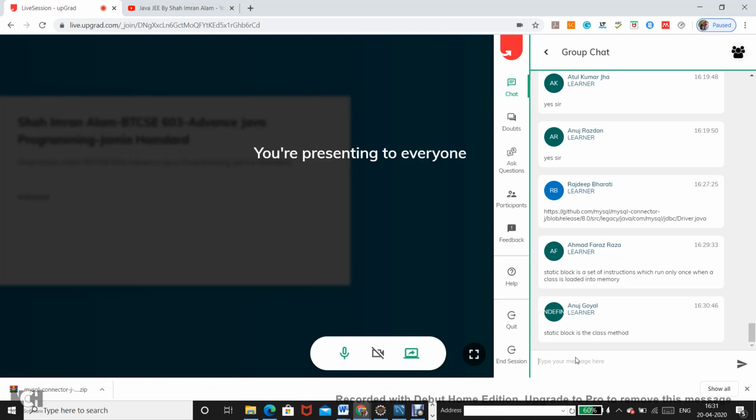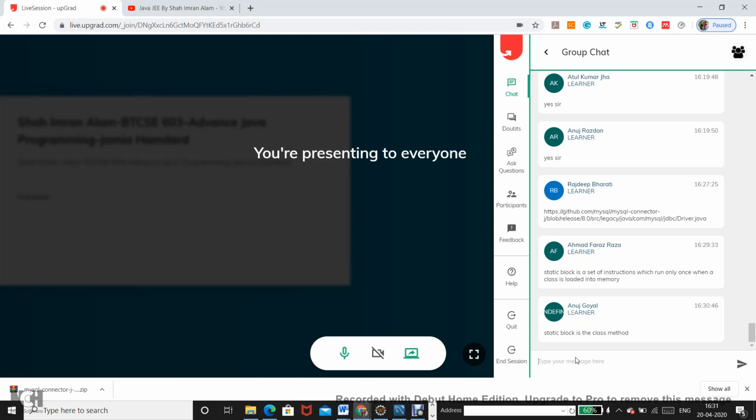So static methods and static variables are something which can be used directly on the name of the class, right? And they are associated with the class at the level of the class. That means they are not associated with any of the objects that you create, but rather they are part of the class itself. That's why you are able to run a particular code directly, just using the class name.